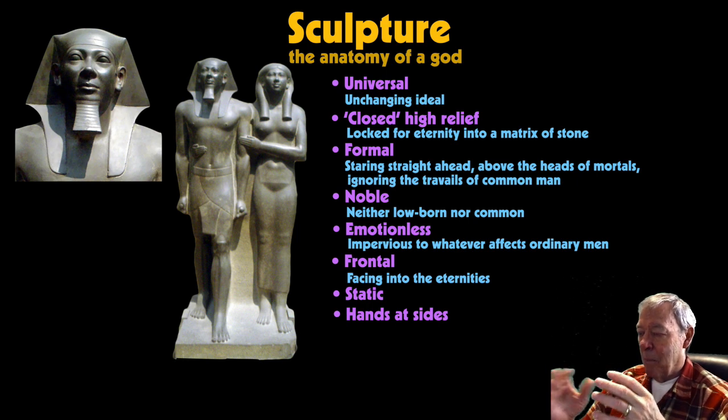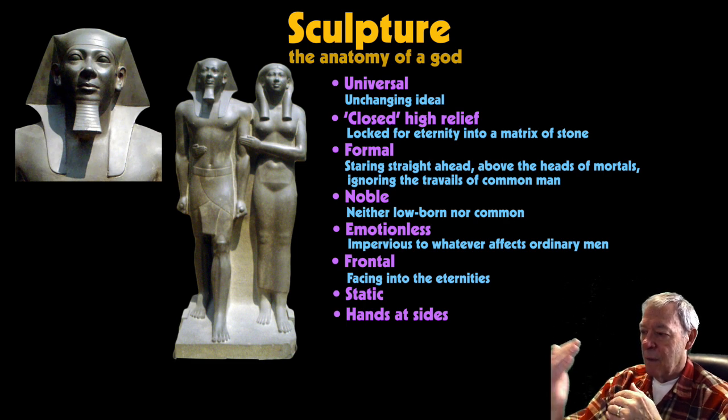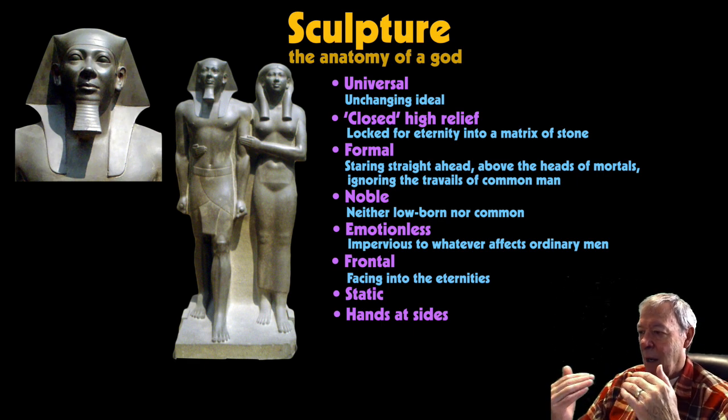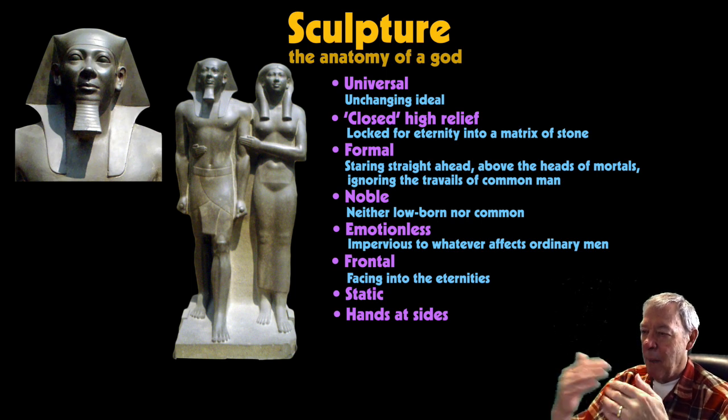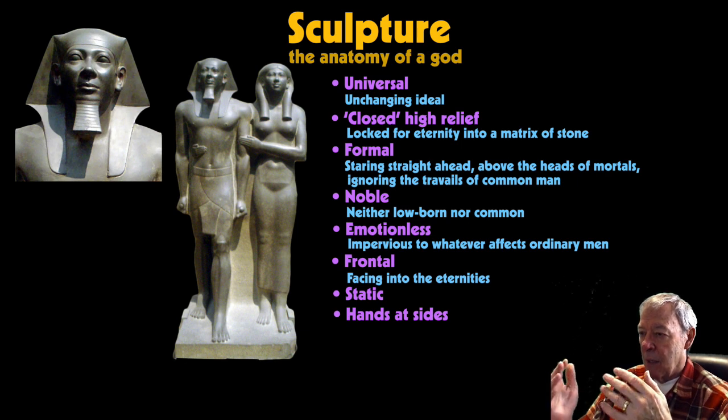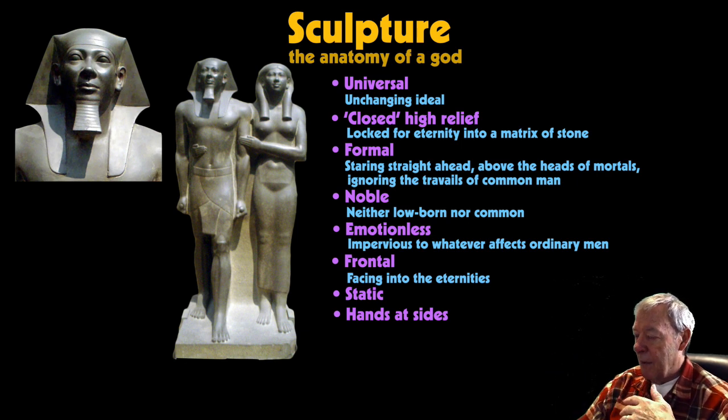When you're looking at a painting, they always have a foot forward, but it's always the far foot. So if they're facing right, then it's the left foot that's forward. If they're facing left, then it's the right foot that's forward. It's always the back foot. But in sculptures like we see here, it's always the left foot. And the justification for that is that the heart is on the left side of